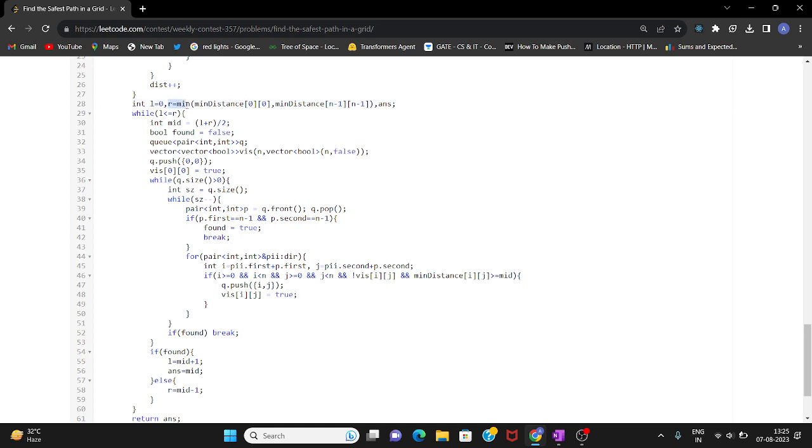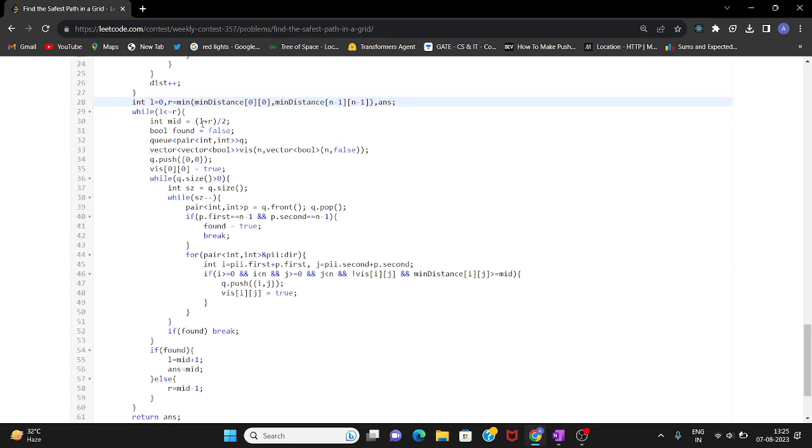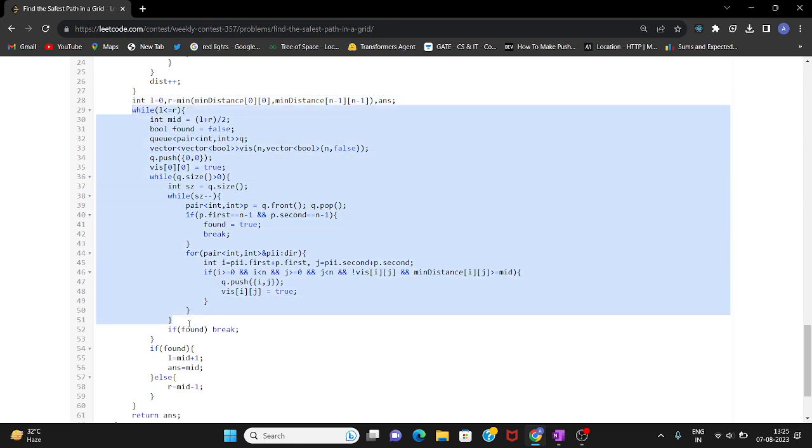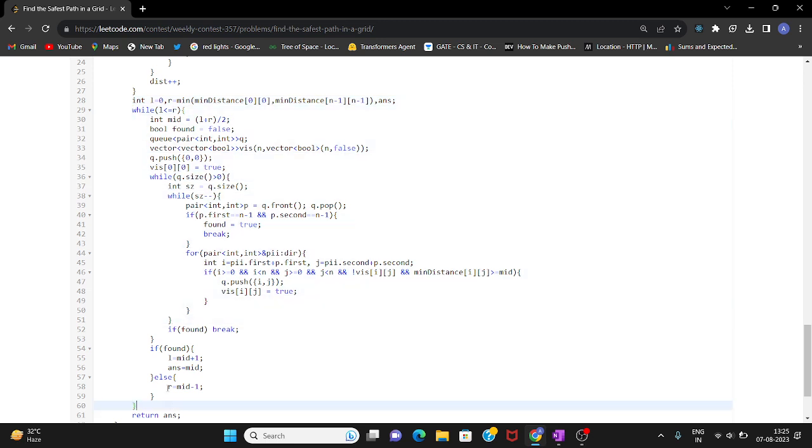R can be the minimum of my starting cell and the destination cell, because these two cells have to be included in the answer. So they will always keep a limit on the maximum value that I can achieve, as I have explained earlier. So R will always be the minimum of these two and the answer variable. This much is the code of my binary search.